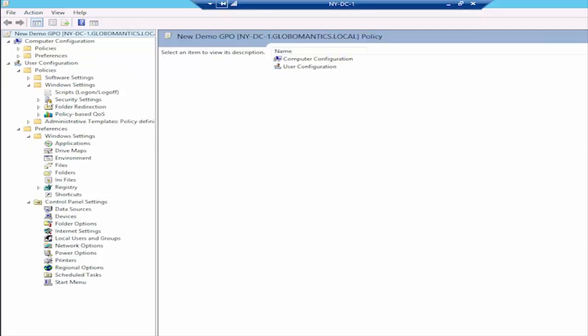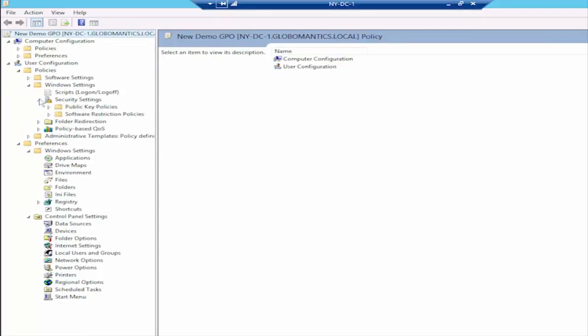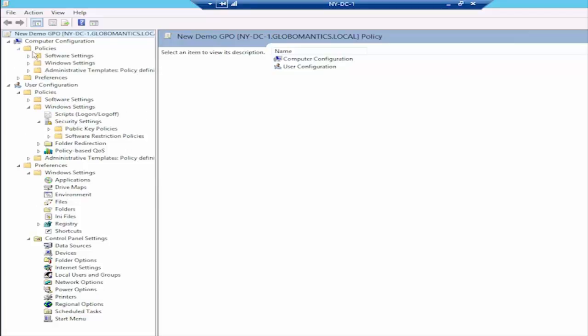We have some security settings, okay, and this is where we get to see things like our public key policies and software restriction policies. Now, software restriction is something that is used with group policy objects in the sense that we will restrict the installation of certain software, whereas the actual software settings up here are for software deployment. Now, I will also tell you under security settings, what you see more often is not down here under users, but on the computer side,